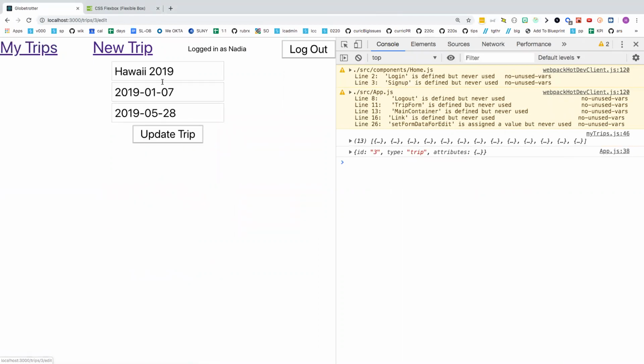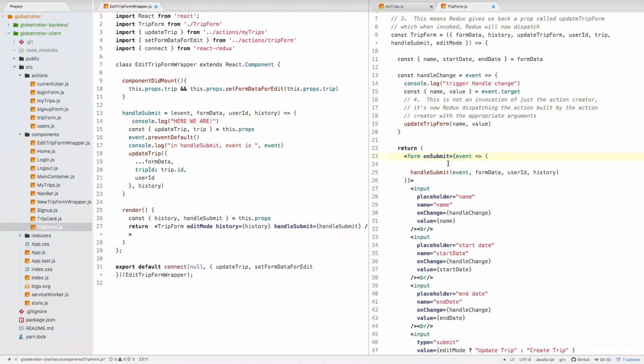So let me just show that. If I go to my trips, edit this trip. I didn't save the changes I just made. So we should see, here we are. There it was, right there. Okay, then it's gone. So clearly this thing knows that it was submitted. But when we look over here,